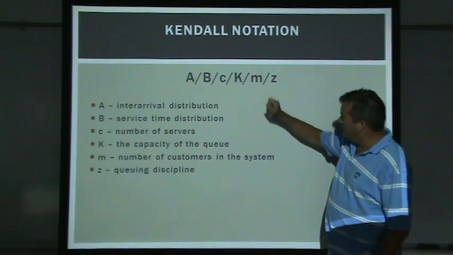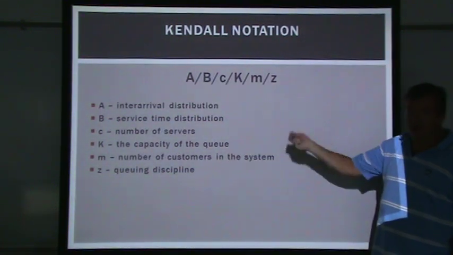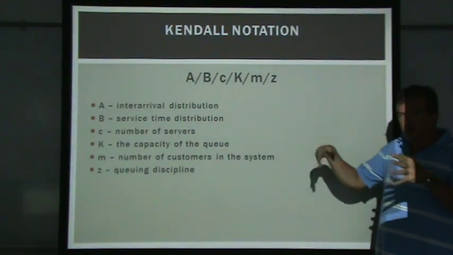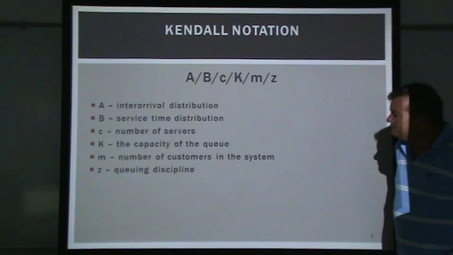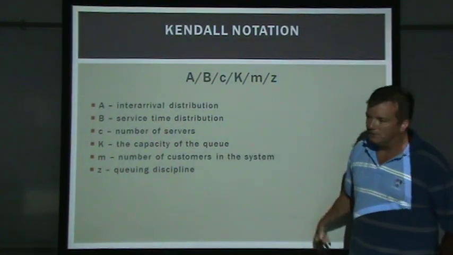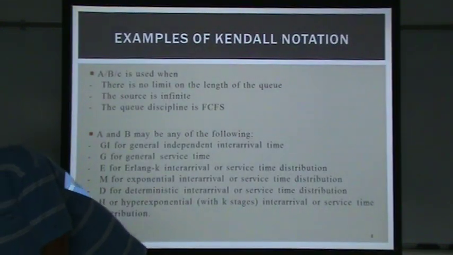Then N would end up being the number of customers in the system. We could have an open system where they could keep coming in from the outside world, or we could have a closed system and we say there's only 10 processes bouncing around. And then Z would be the queuing discipline, like first come, first serve, but there could be other queuing disciplines. So for example,